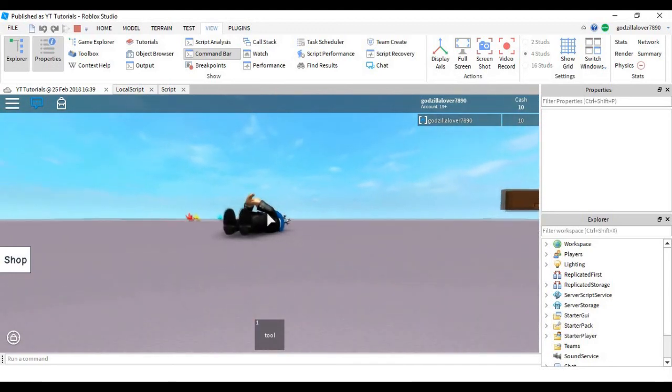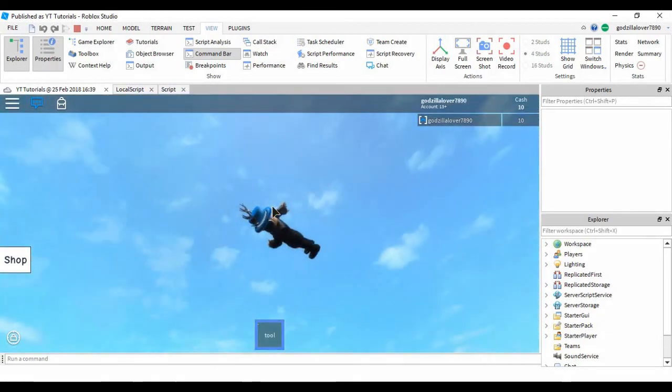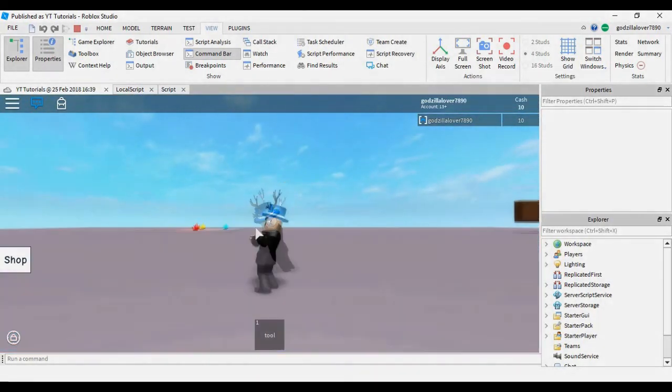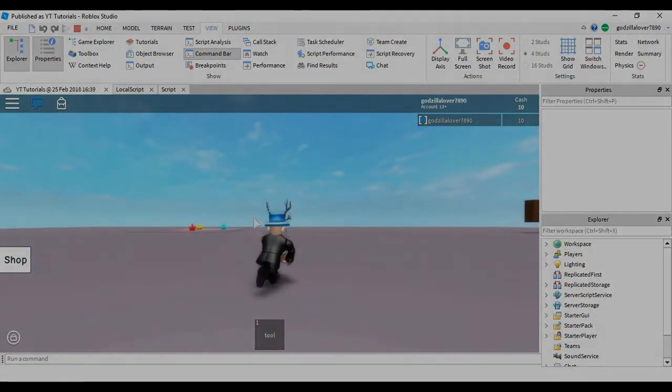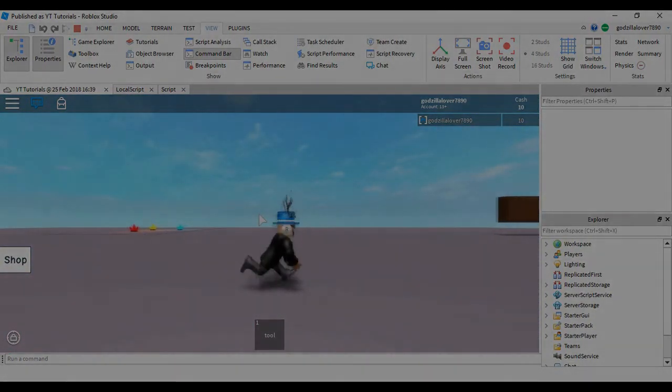So yeah, I forgot to unanchor that. But you see how my camera type is all weird? I don't know why, but for some reason the camera type, which might be the part 3,